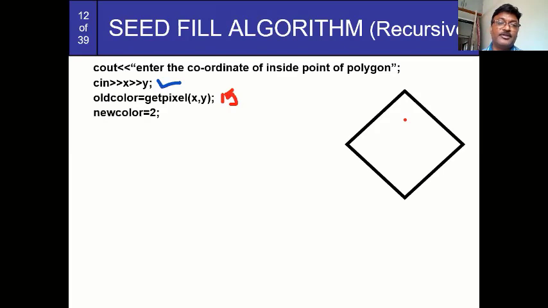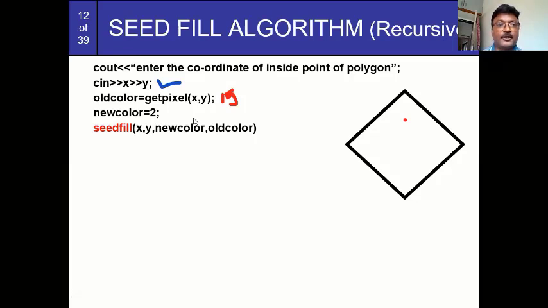Now I have to fill with the new color, 2. This is the polygon that I have to fill with the new color. So assign some value to this variable. This is my assignment operator with the 2. Now this is my seed fill algorithm that I have put in the function. So how can I put it in the function? Seed fill is the name of my function. Opening bracket, x y. These are my inside point x y. The new color that I have considered is my new color, and then old color.